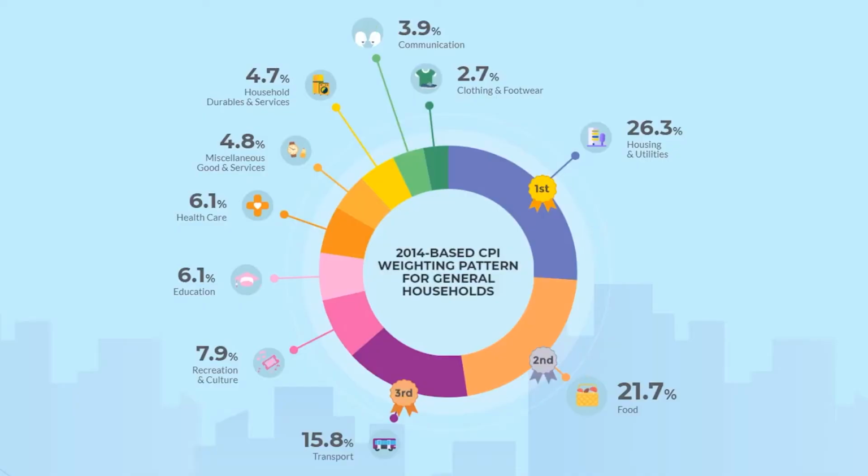As we can see, inflation is very, very important for every single country out there. The strategy to adopt is to have a low and sustainable inflation rate. Here is where our chicken rice comes back into play. The price of food forms part of the consumer price index. So as we can see, the consumer price index consists of housing and utilities, food, transport, recreation and culture, education, healthcare, and so on and so forth, and these are the things that we use in our day-to-day lives.